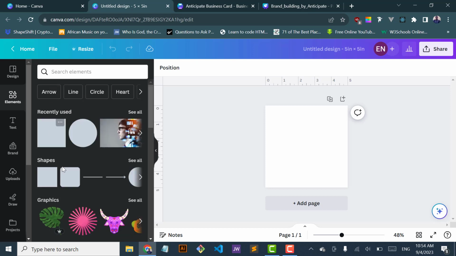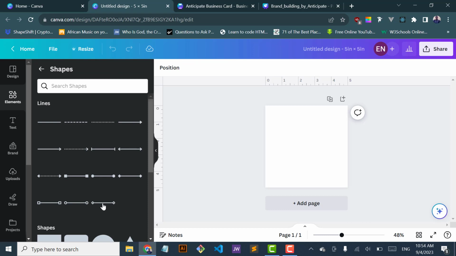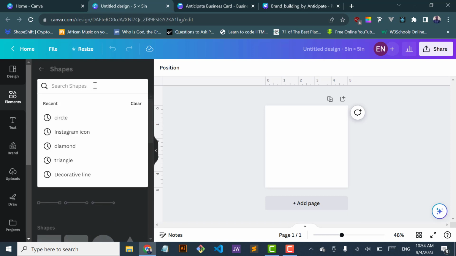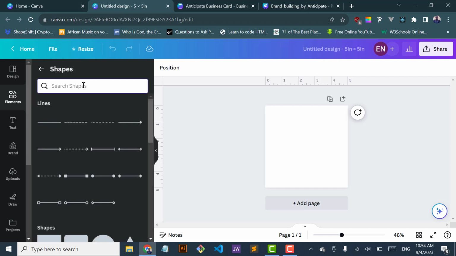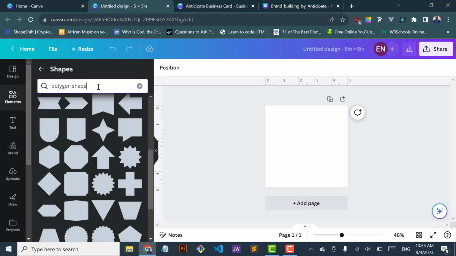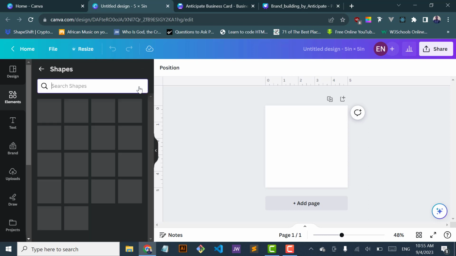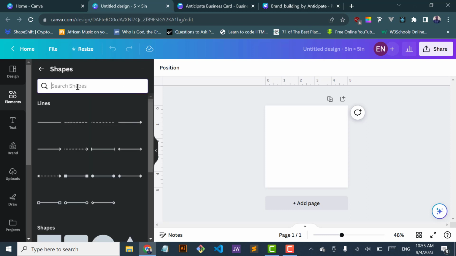So if you want to insert a shape into your design, a square, rectangle, circle, triangle, come to shapes. When you click on see all, it will expand and give you all the shapes that are in canva.com. If you can't find the shape you're looking for, you can come to search over here and search for it. So if you're looking for a circle, click on circle, or you just type in circle. Now I want to use a square for my design. So I'm just going to type in square,